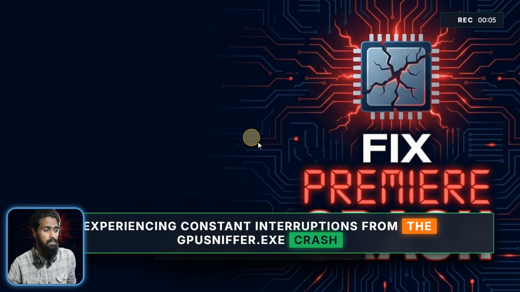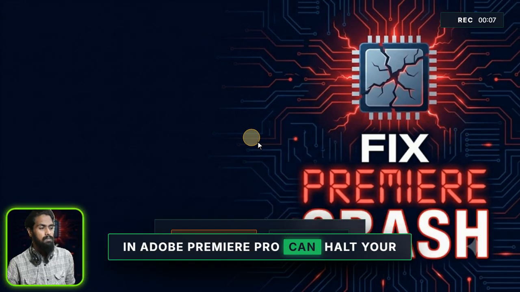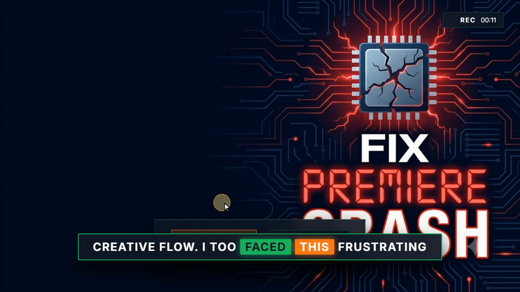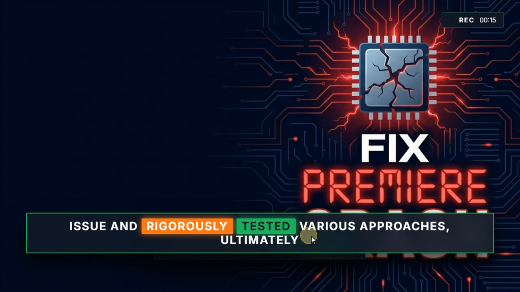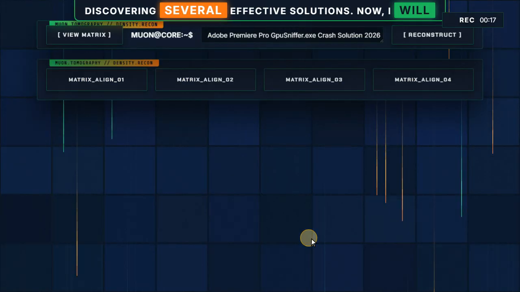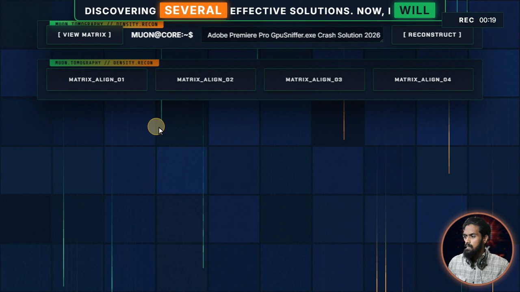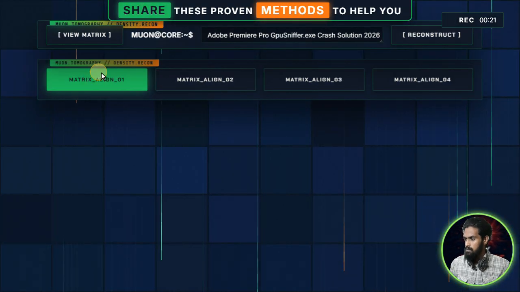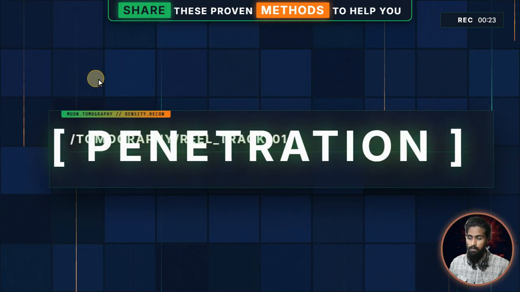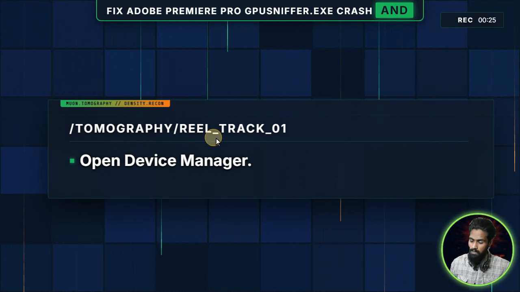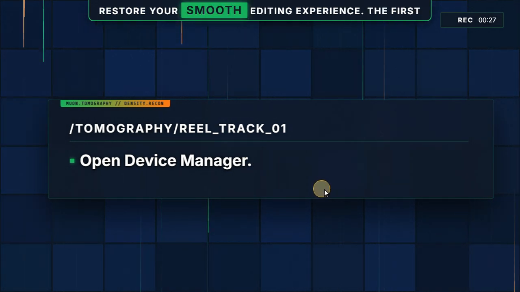Experiencing constant interruptions from the GpuSniffer exe crash in Adobe Premiere Pro can halt your creative flow. I too faced this frustrating issue and rigorously tested various approaches, ultimately discovering several effective solutions. Now I will share these proven methods to help you fix Adobe Premiere Pro GpuSniffer exe crash and restore your